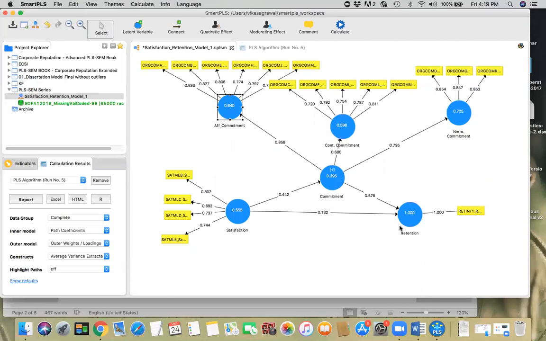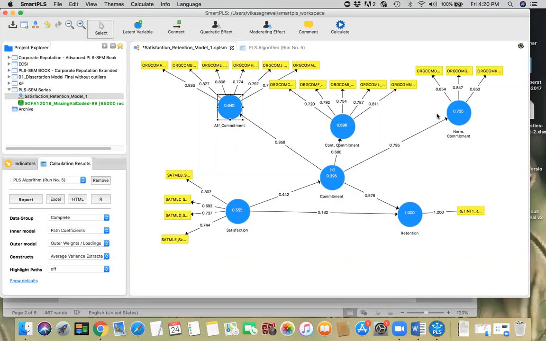But we do not evaluate the discrimination between the first order construct and the higher order construct, because this higher order construct has simply been created by copying all the indicators here. So it's a repeated measures construct, because we are using all the same indicators here. So it doesn't make any sense to establish discriminant validity between the lower order construct and the higher order construct. But we need to make sure that all these lower order constructs again discriminate well among themselves and from other